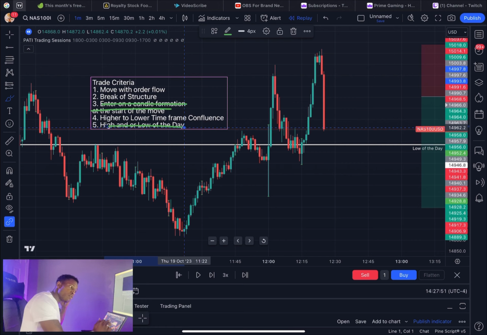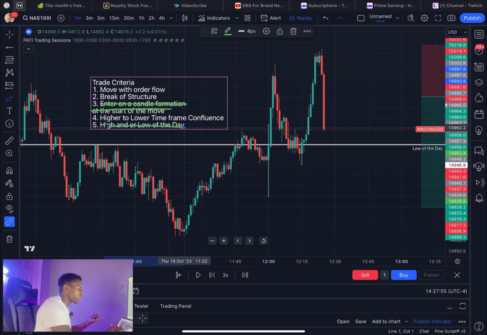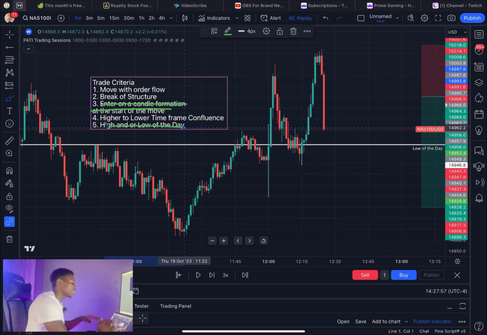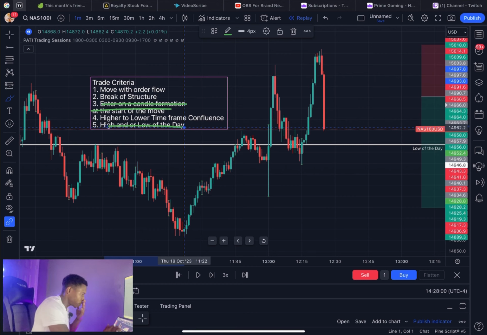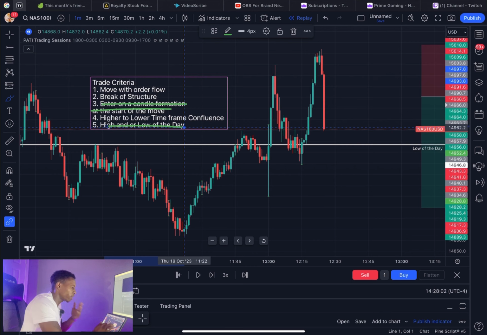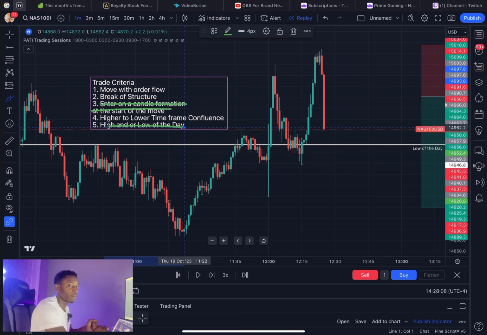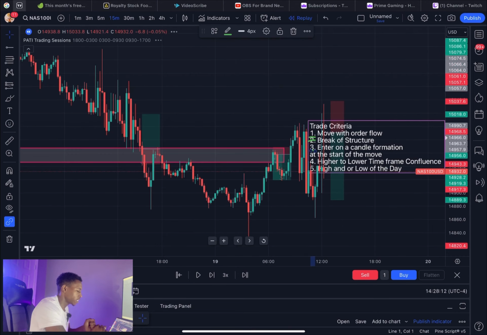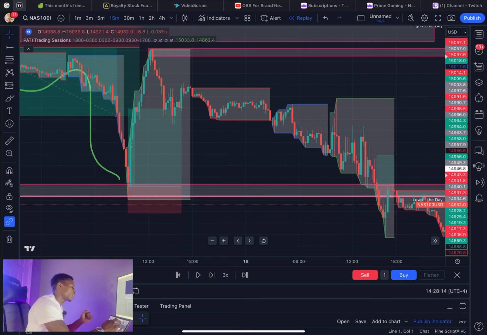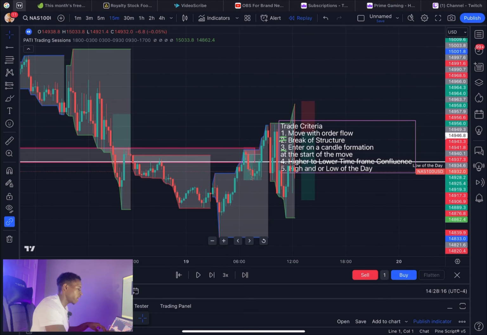Now, does it move with order flow, and does it break structure? Now these didn't break structure. For this one, it didn't break structure. This is kind of impulse. So we only got 2 of the trade criteria that we have up there. So this wouldn't be a great setup to actually take until we go into the 15-minute, and we're still seeing